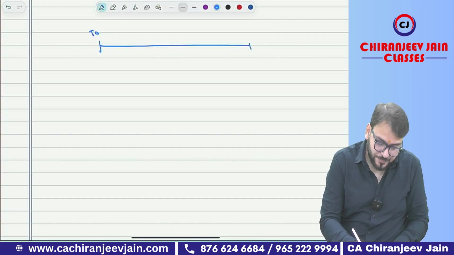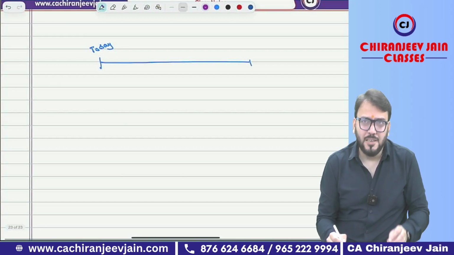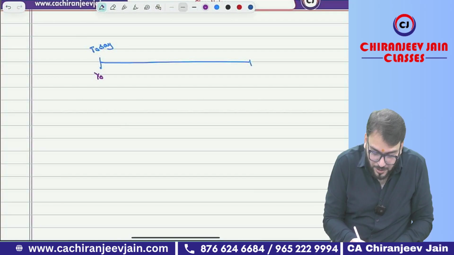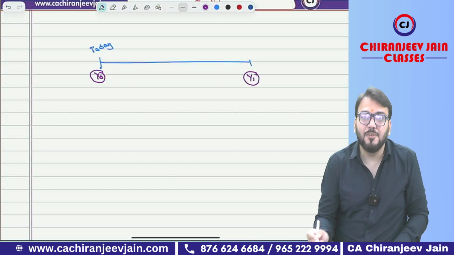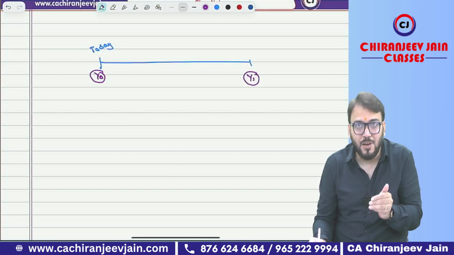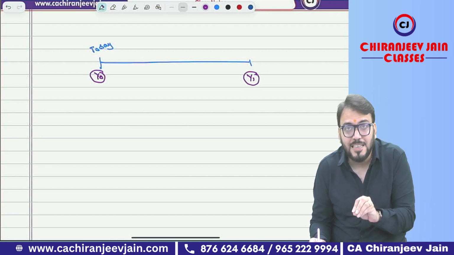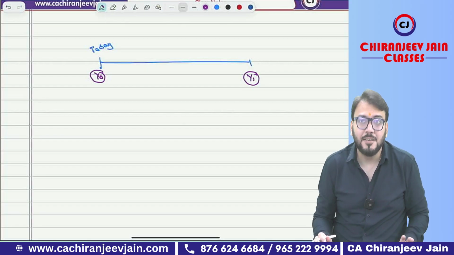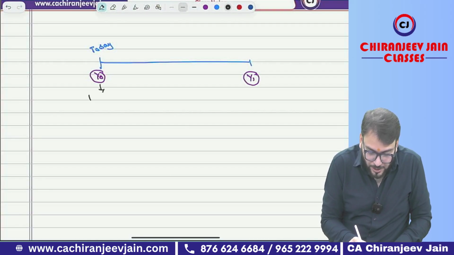Suppose this is today, and normally in FM we call it Y0. Y0 means the beginning of first year, and Y1 means year end 1. So whenever I say Y0, it means the beginning of year 1. Y1 means at the end of year 1. Y2 means at the end of year 2, in FM terminology. So today, if I give you 100 rupees right now,